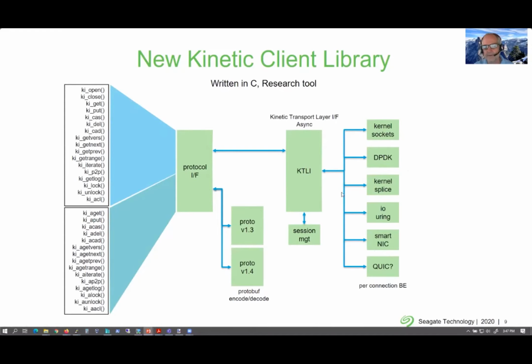So we felt like if we put some flexibility in the backend of this library, it would allow us as a research tool to test the various different backends to see what better performance we get. This was brought up this summer, and we're in the process of testing it right now.